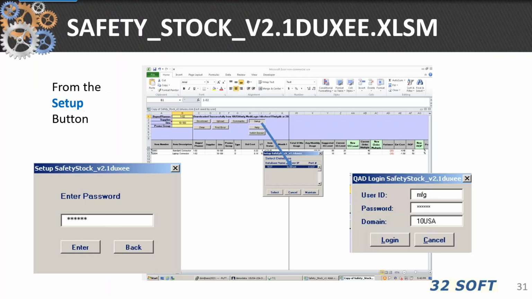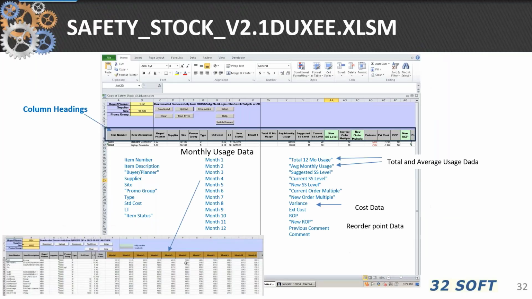Next, from the setup button, one can select the database to which you might want to connect by entering a user ID, password, and domain, thus conforming with QAD's internal security functions. The list of columns retrieved from the selected QAD database in the loader include monthly usage data, total and average usage data, cost data, reorder point data,